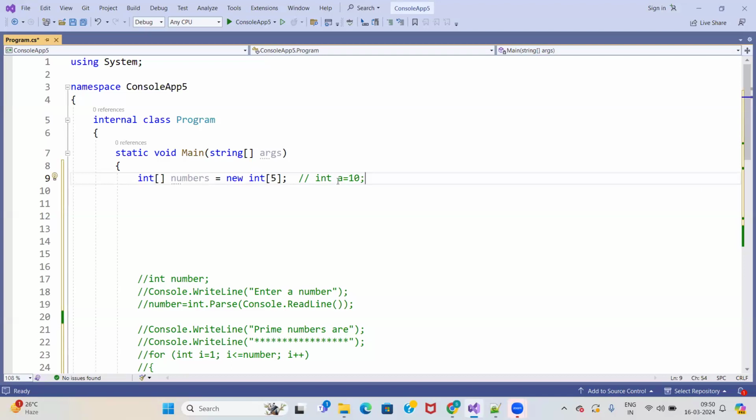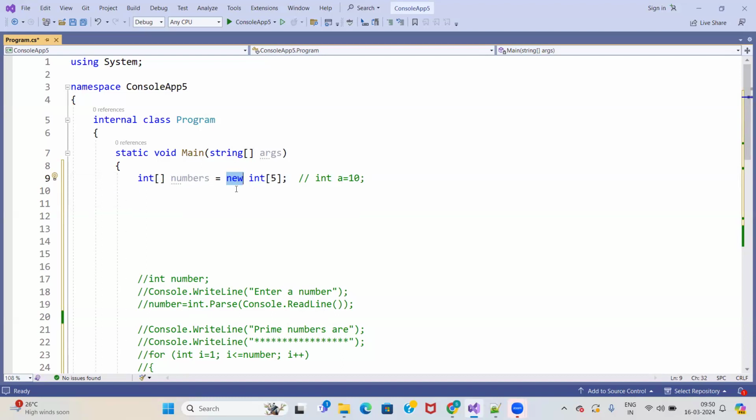So because there is only one memory location, we did like this. But you have to keep the name like this, and a brace, you have to leave it. Then A is similar to numbers. So this is called the name of the variable, and new is the operator. You will understand more about new when we discuss